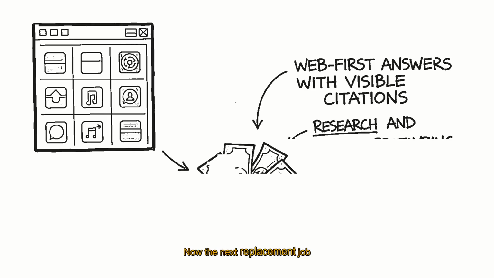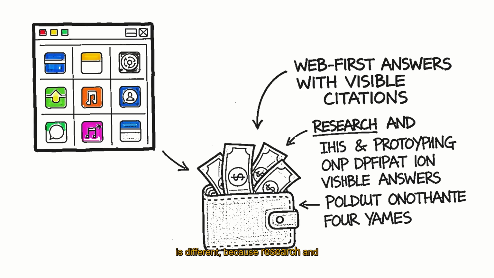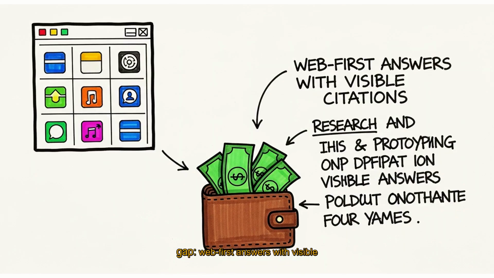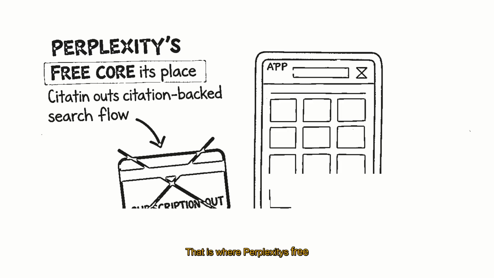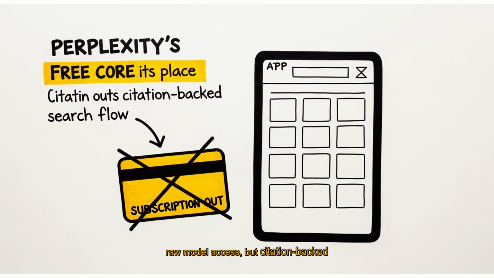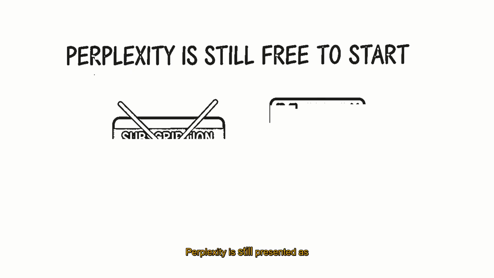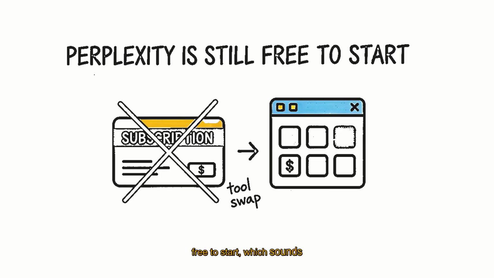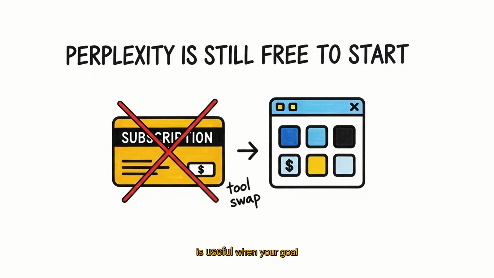Now, the next replacement job is different, because research and prototyping still leave one major gap: web-first answers with visible citations. That is where Perplexity's free core still earns a place, because its strength is not raw model access, but citation-backed search flow. Perplexity is still presented as free to start, which sounds small, but that starting point is useful when your goal